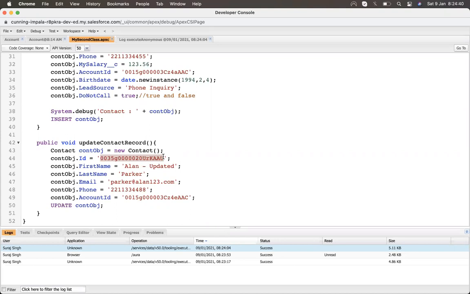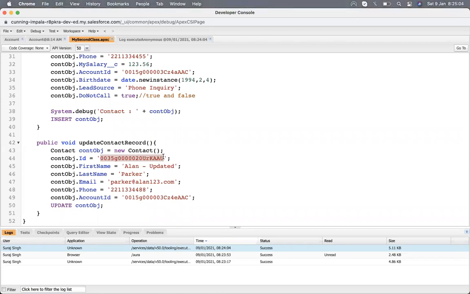Or we can say the update is only done on the basis of an ID. On the basis of an ID we can update a record, and only two fields have the property of an ID. One is the record ID, the second is the external ID. These two fields have the property to store a right ID, and on the basis of those two fields we are updating a record.